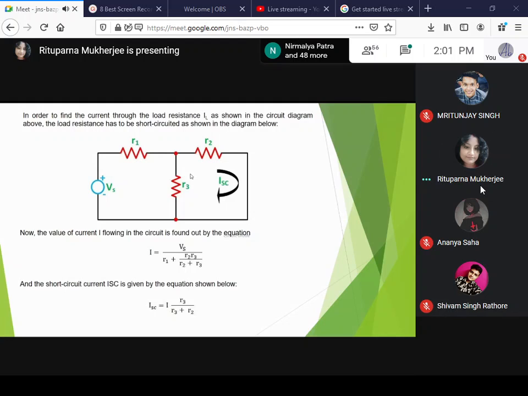This should be the total voltage divided by the total resistance of the circuit. The voltage is Vs, and the resistance of the circuit is these three resistances, where R1 is in series with the parallel combination of R2 and R3. So the current I is Vs divided by the total resistance. Now you have to apply the current division rule to calculate this ISC, because these two are parallelly connected. If the main current is I, then this one is I1 and this one is ISC. So I should be equal to